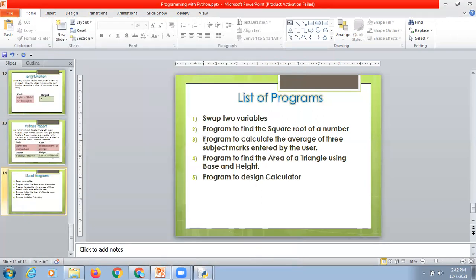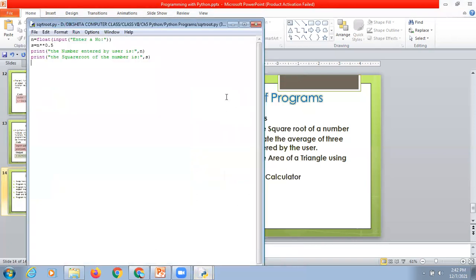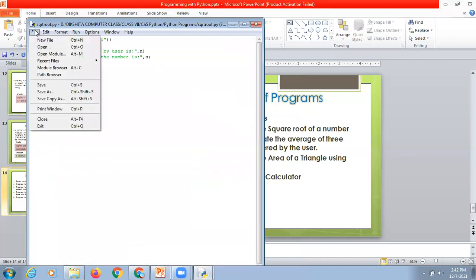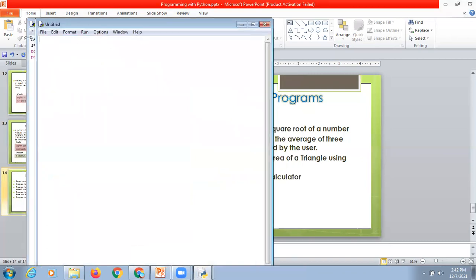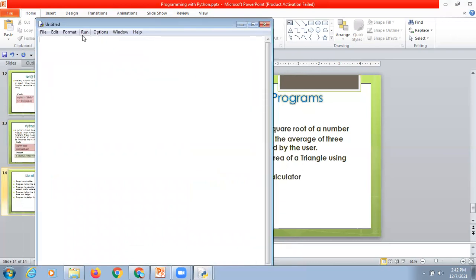Next program is a program to calculate the average of 3 subjects' marks entered by the user. Average we have to calculate. Okay. I am taking a new file again, and let's close this one. Okay, so this time I am taking 3